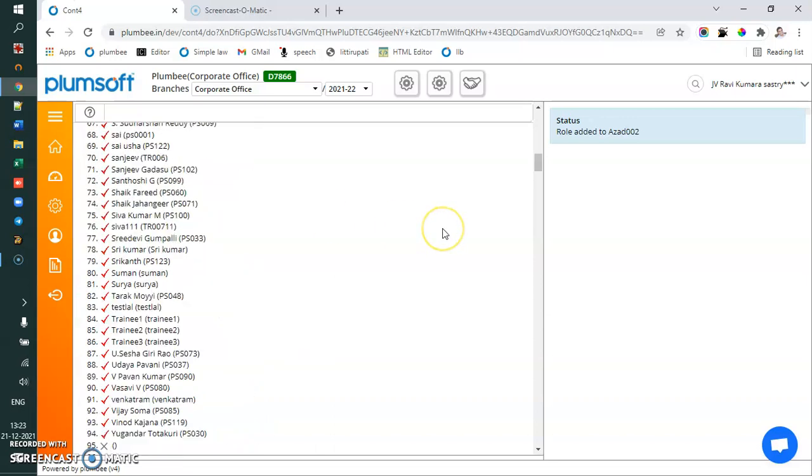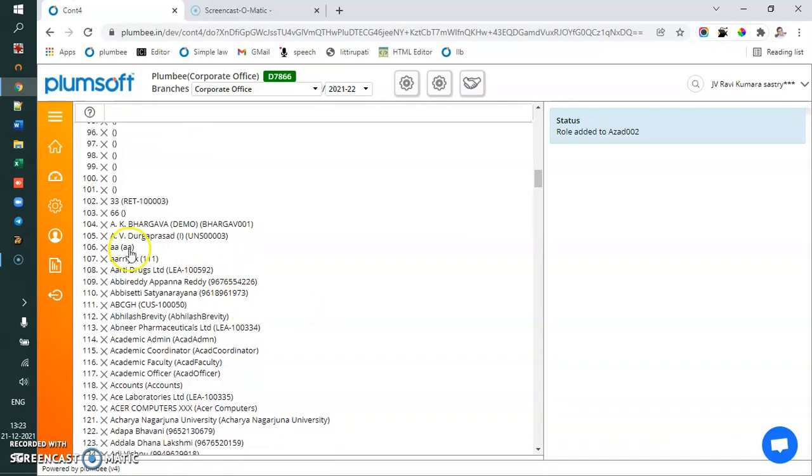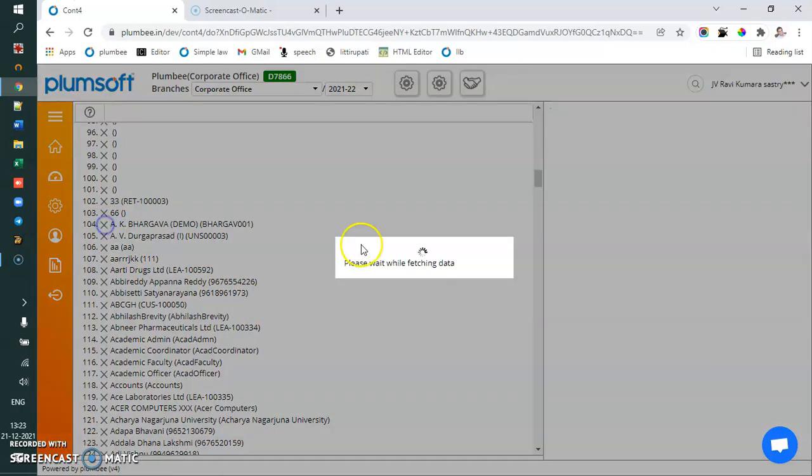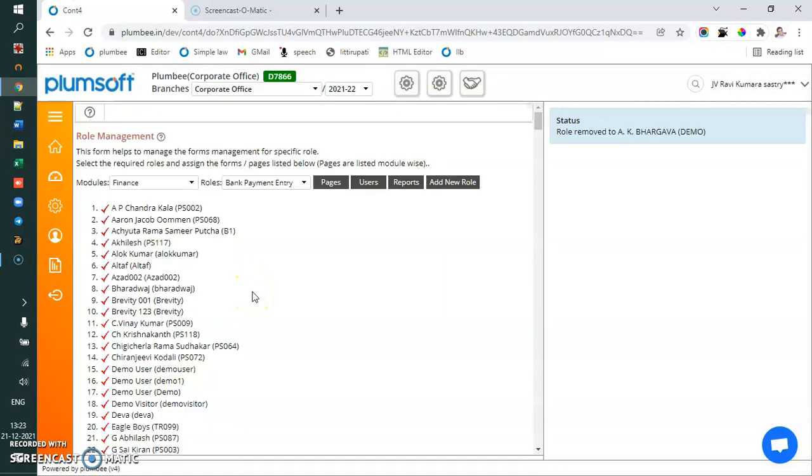Okay, Aditya paints. Sorry, I'm taking the users. In the user, there is AK Bhargava. I have just given the role to him, so you will see AK Bhargava has come here, and if I want to remove him, I simply remove him from there. With this model, you will be able to set the roles.